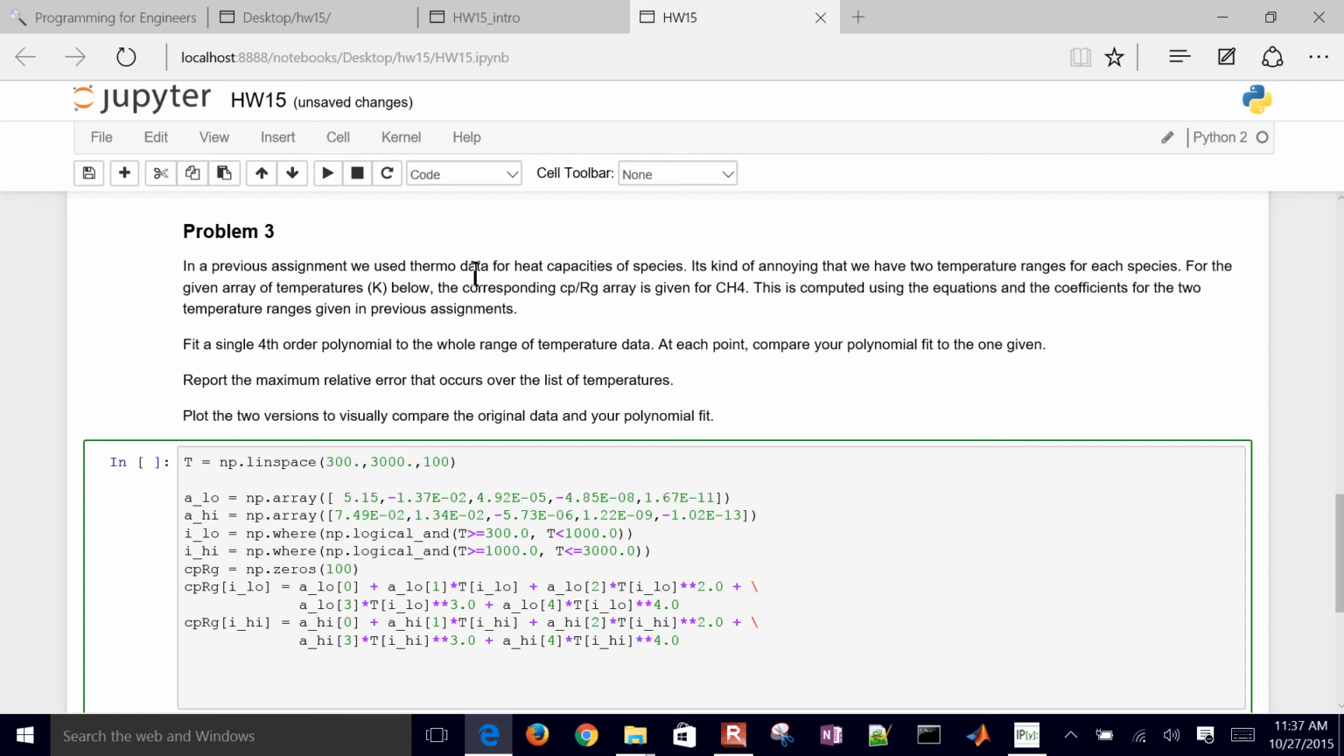Okay, let me come up with my polynomial. Let me just mention right here, I also have this temperature between 300 and 3000, and I have 100 different points. Those are going to be the 100 different points that I'm going to be comparing my model and my exact